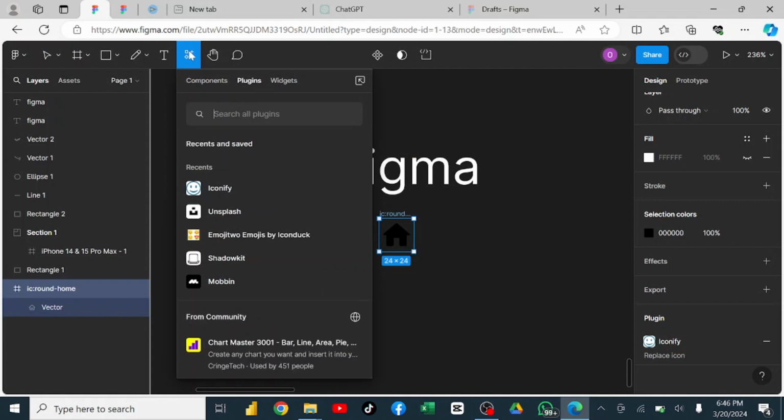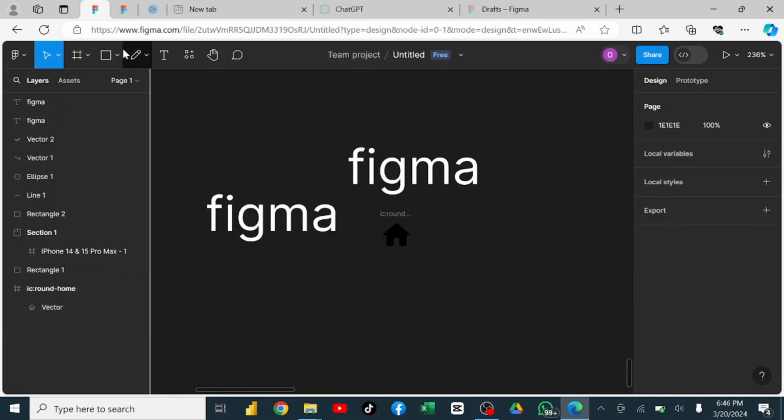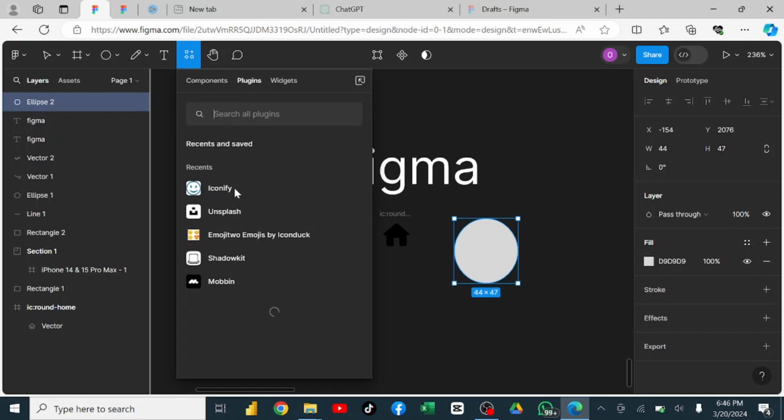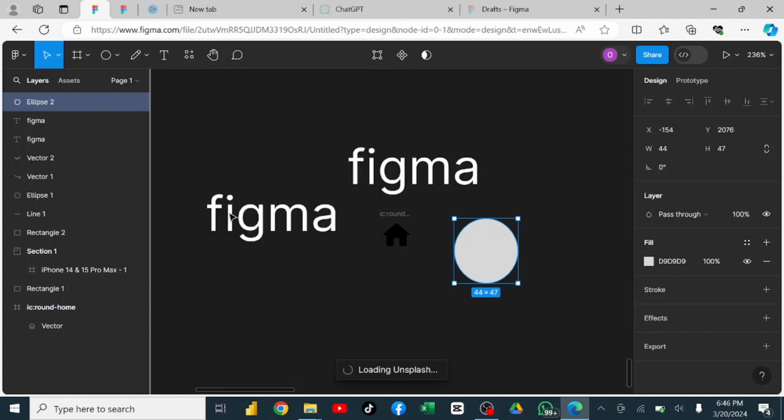So I'll be talking about one more plugin, which will be Unsplash. Working with Unsplash is basically adding images to your design. For example, let's say we want to do a profile picture in a design. We come here, go to the ellipse, and draw our ellipse, a circle. Then you click on the object, go to your plugins, click on Unsplash,